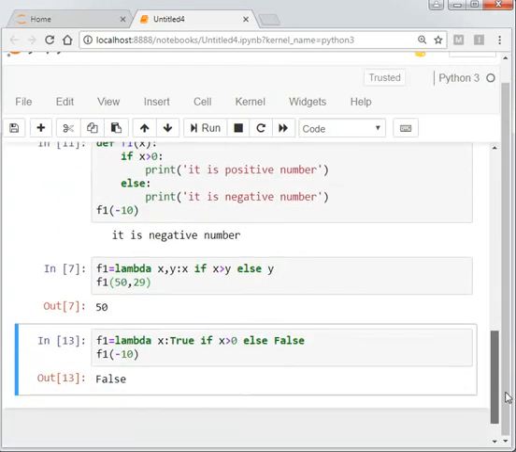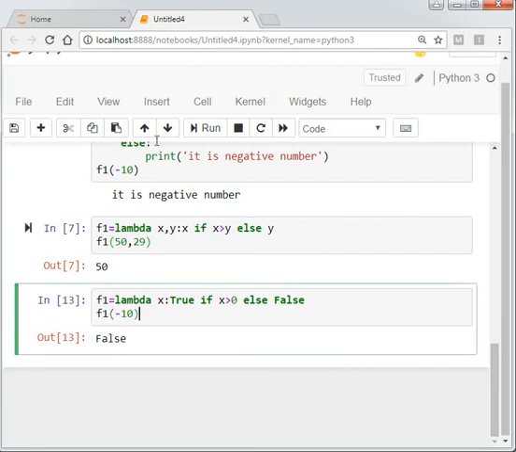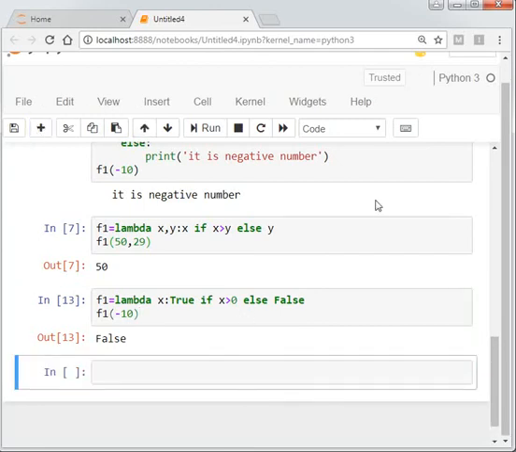In this lecture, the next thing is how to filter our data. Our concept is filtering the data.